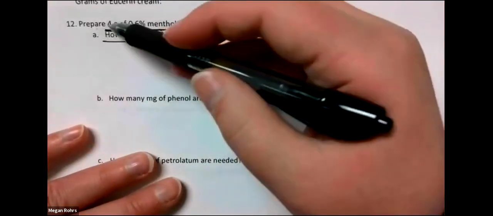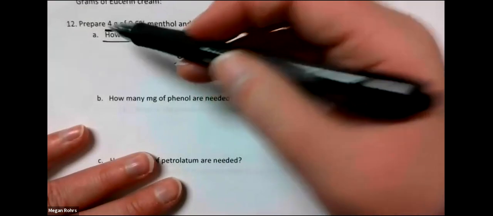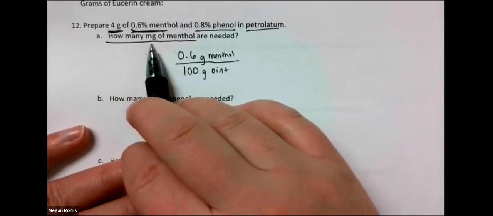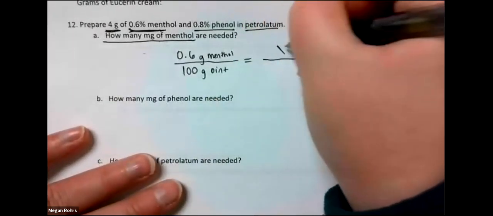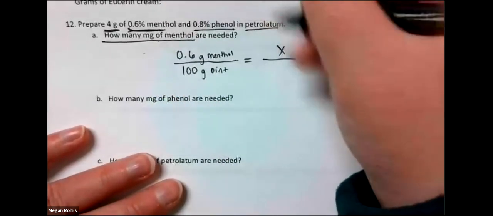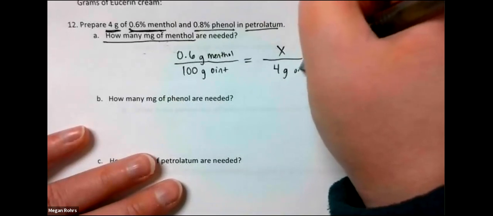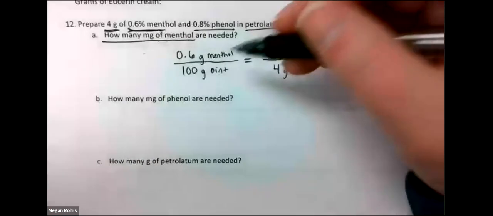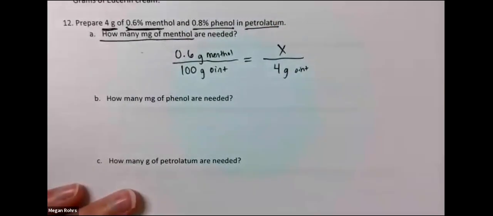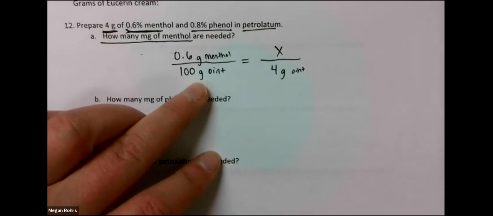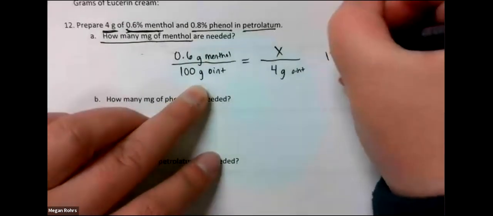Now I'm making a total of 4 grams, and I'm solving for how much menthol I need. So I know that my X has to be on top because I'm solving for menthol, and I'm making a total of 4 grams, which goes on the bottom here. So now I can solve for X. So 0.6 times 4 gives me 2.4, and then I'm going to take that divided by 100,